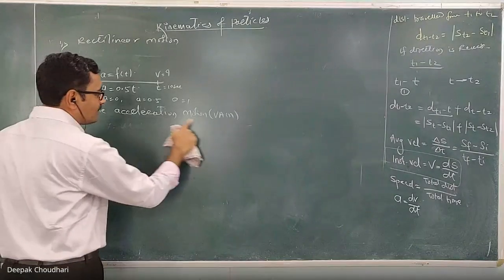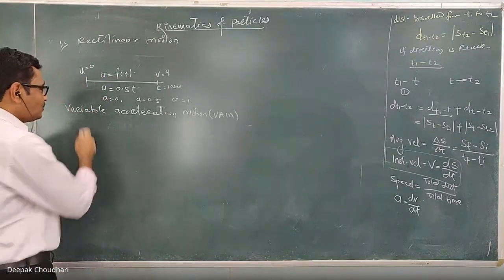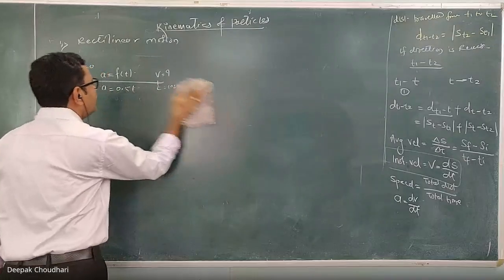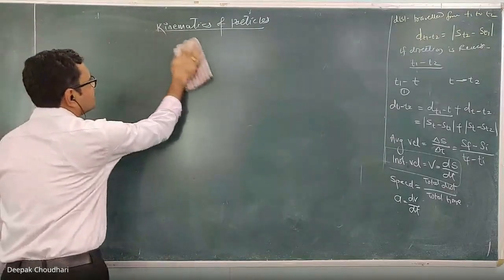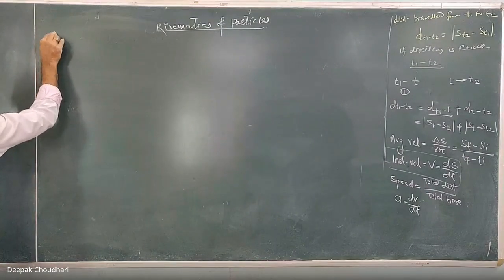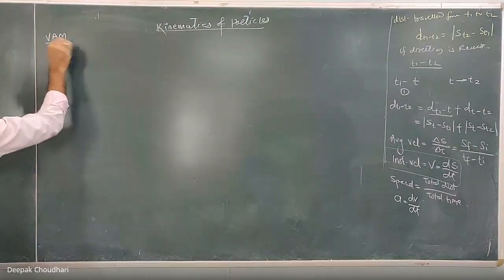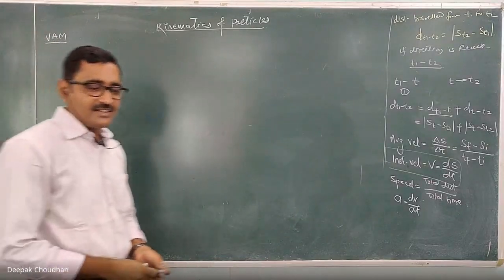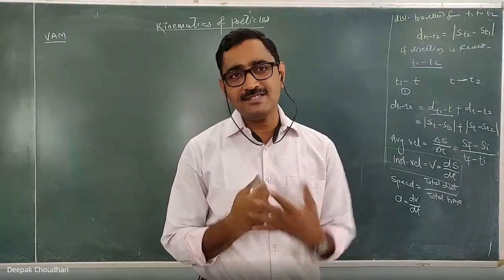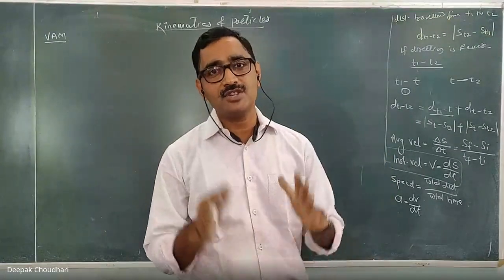Uniform acceleration का जो formula है, free kinematic equation, you cannot use it here. Then how to write down the equation of motion for the variable acceleration motion? Okay, therefore, third type of motion is a variable acceleration motion, VAM. Now, name itself indicates that here during this motion the acceleration varies, and when the acceleration varies, how to write down the equation of motion?